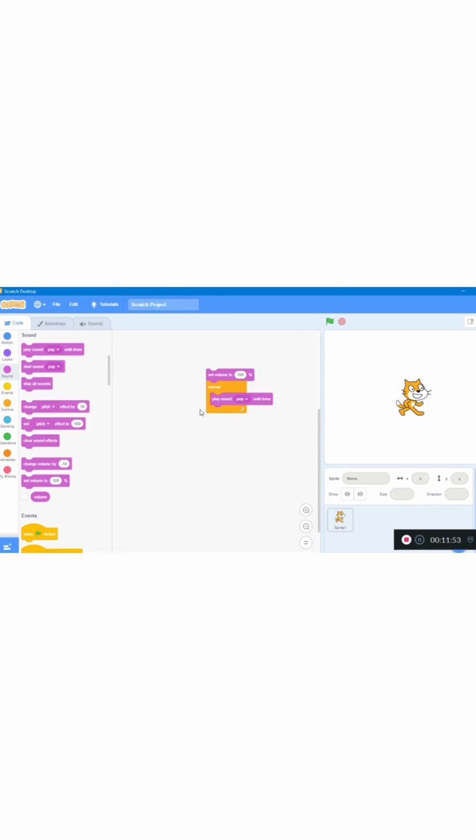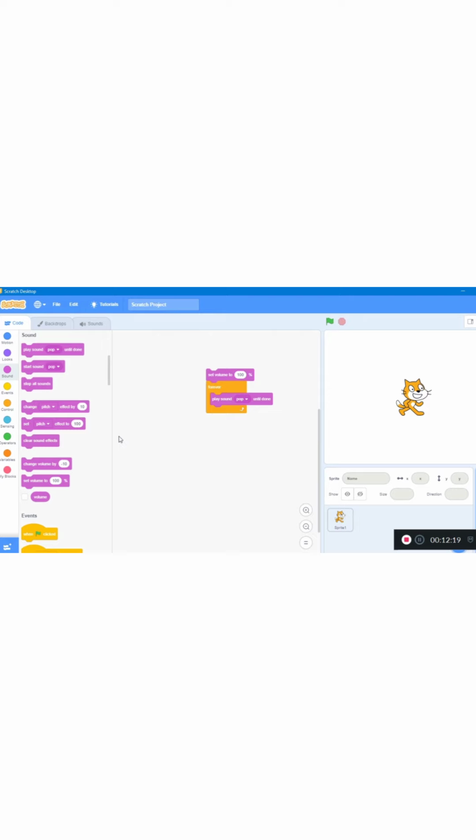But at the bottom of this command, you cannot add any more commands. That is why it is called a cap block: you can add at the top and between, but you cannot continue the command from the bottom.